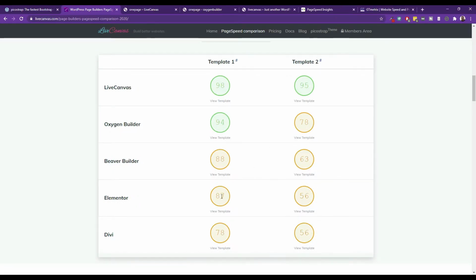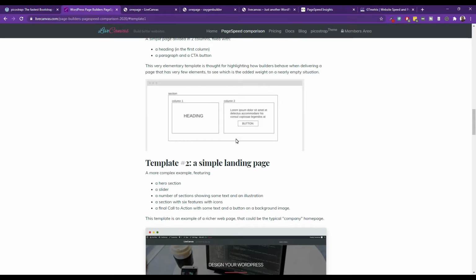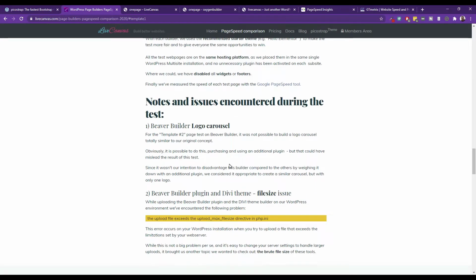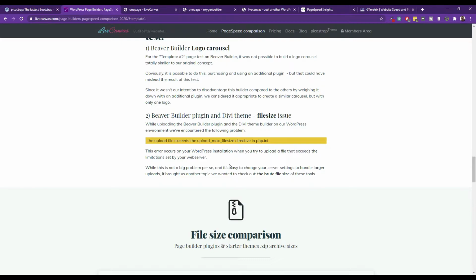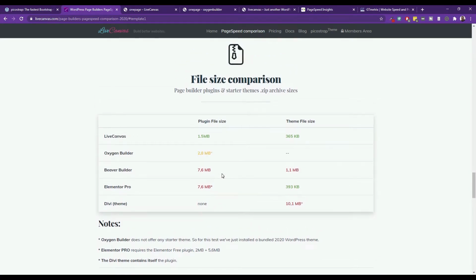So even here, technically Elementor is all right. This is okay for whatever. It doesn't say whether this is desktop or mobile. I'm assuming that it's, I don't know. It doesn't say, which is a bit strange. So it tells you their methodology and how they built it, and it basically goes through and explains some of the things of the plugin size. You can kind of see, and this is funny because